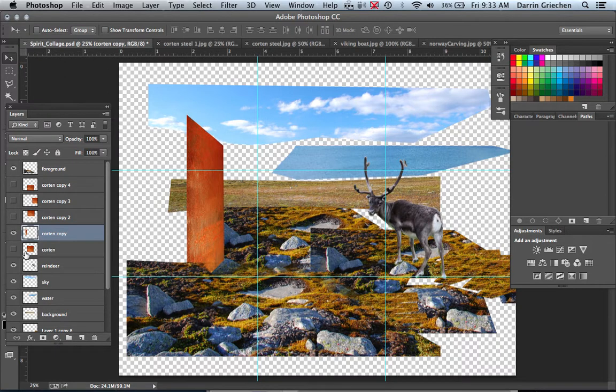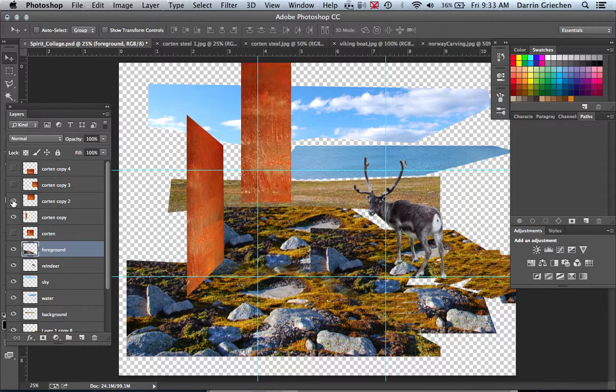And I'm going to go back over here and start to think, well, maybe I want all of this stuff in front of that. So maybe I want to take this foreground layer and drag it down so that my frame jumps over the top of it. Okay, so that looks good for me. So now I'll turn on this next layer,